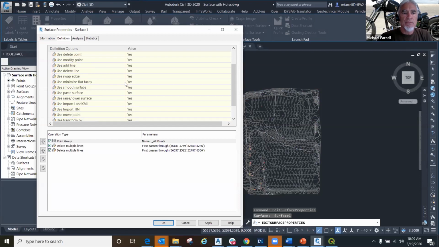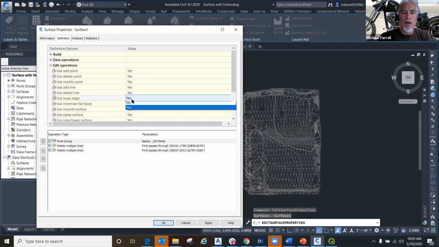So some of these values on this definition tab, this swapping edges, some of these settings can introduce those holes. And so you could try turning those on, and when you do the rebuild,